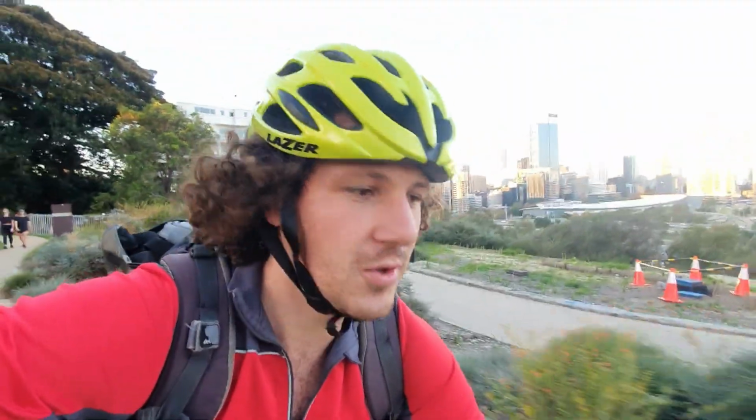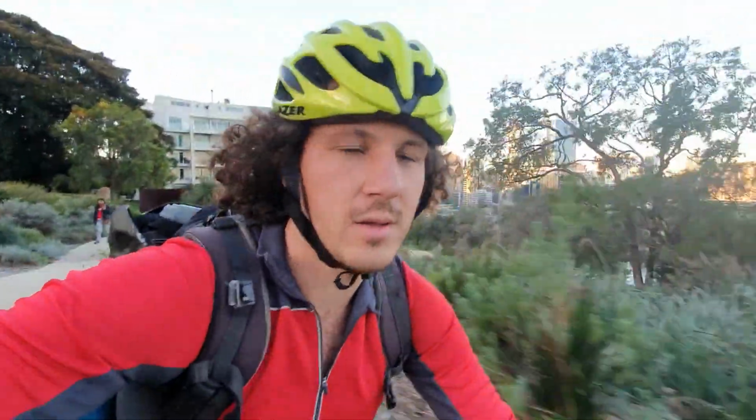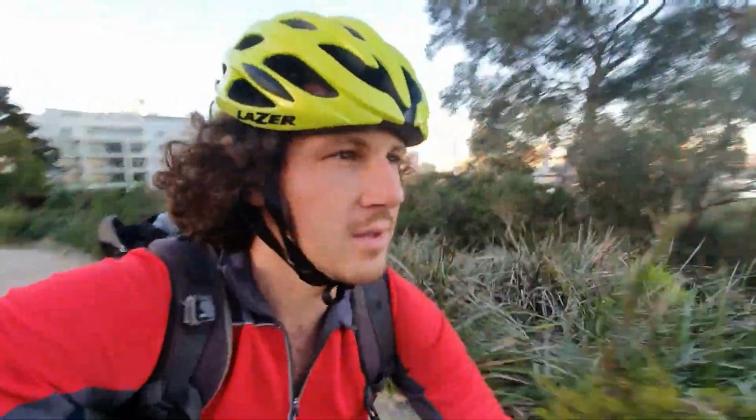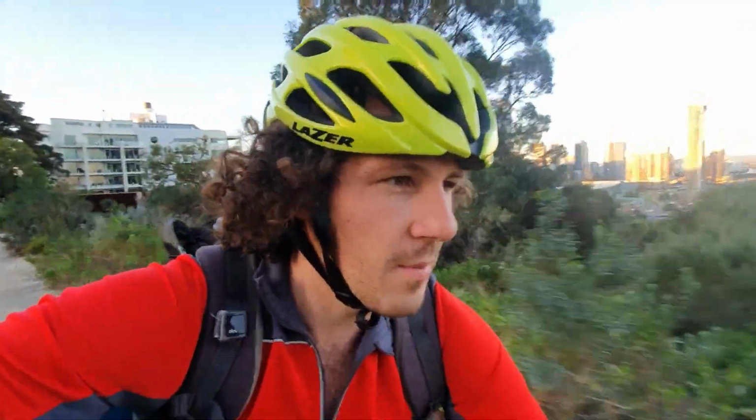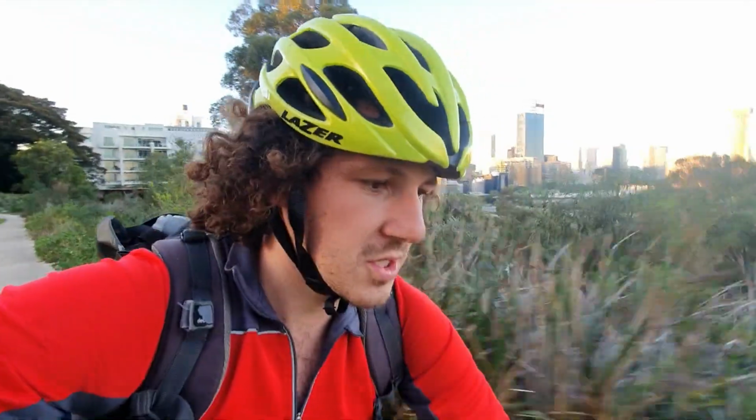And this is a famous view I was telling you about from Kings Park. So we're just coming into it now. That's the city behind me. We are gonna kind of just ride through it. I'll show you a bit while it's still light. And then we'll go get some food and come back and find a stealth park in the dark, which, I